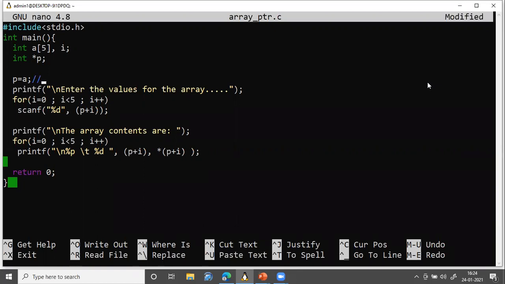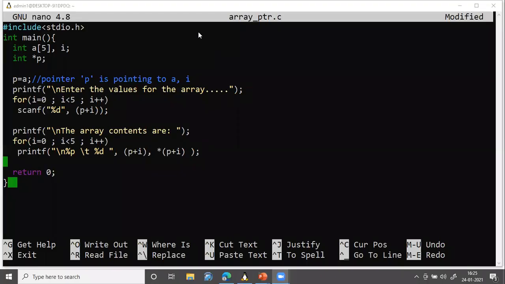It means that the pointer p is pointing to a.